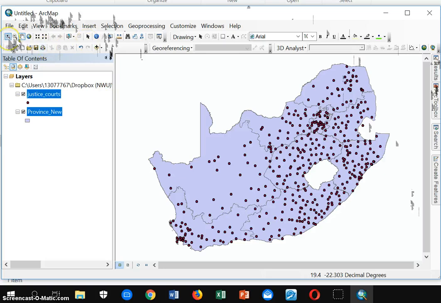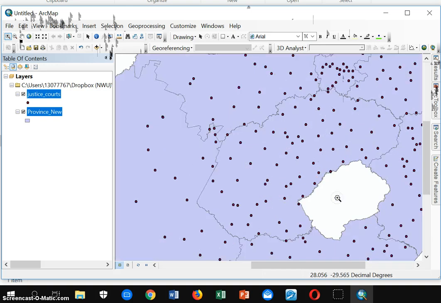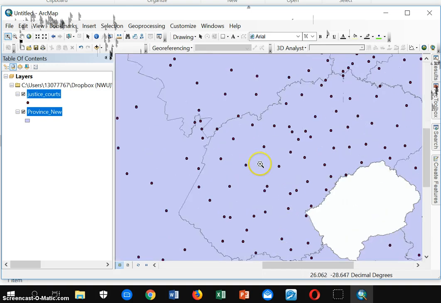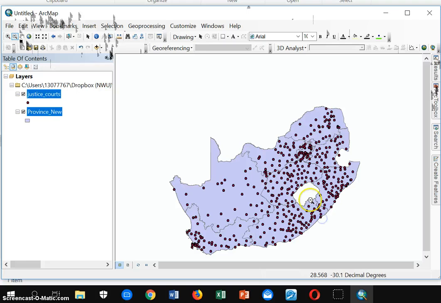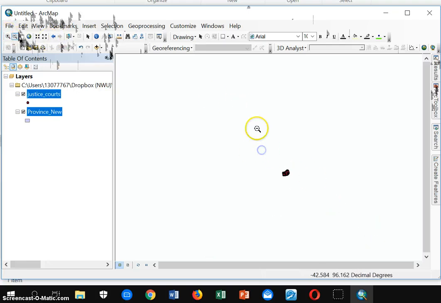Okay, so now I want to demonstrate just some of the basic functions. So for instance, the zoom in: if I click on it, I left click and I drag, you'll see it creates a window like that, and that's just where you want to zoom into, and you release and it zooms in. Or you can just click and it will also zoom in. Zoom out works exactly the same way. And let's say you've zoomed out very far